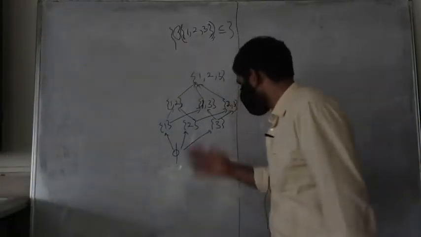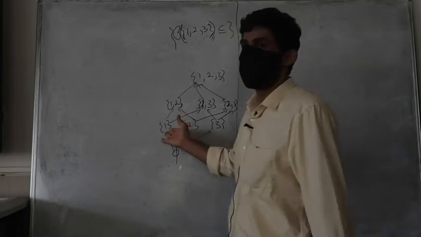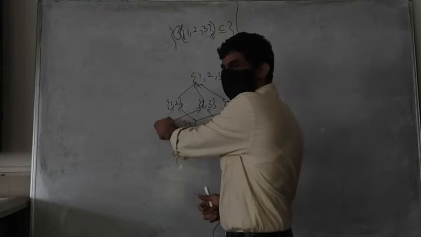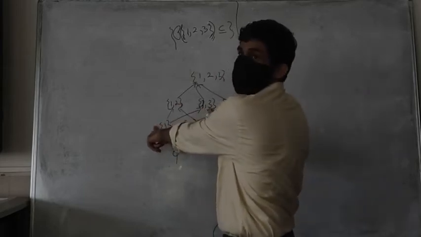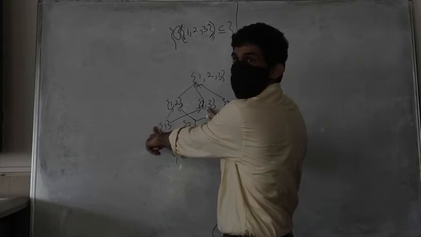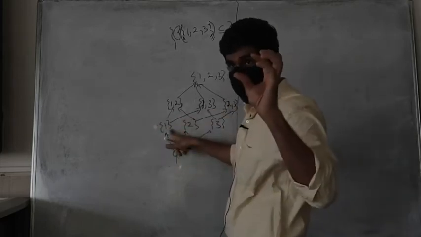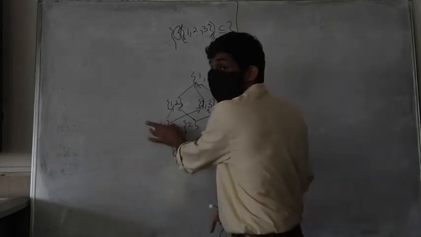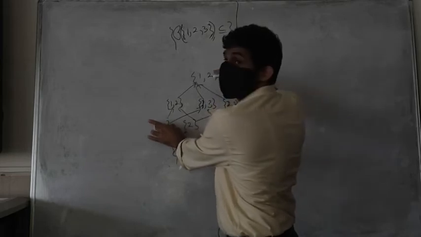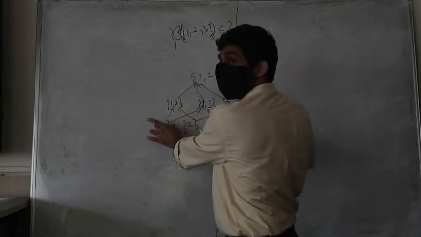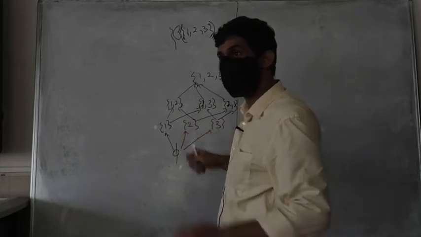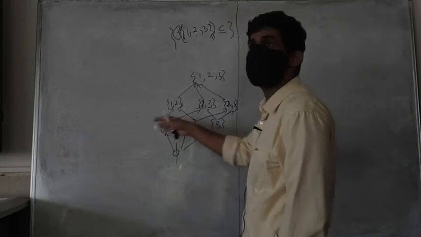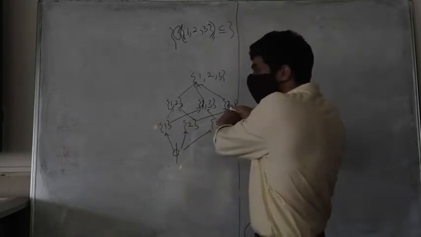Okay. So let's start with any other element. Let's say, for instance, you take {1}. If {1} is in an anti-chain, {1,2} and {1,3} cannot be in that same anti-chain. So if {1} is in an anti-chain, we have thrown away these two. So we are left with only these 3. Okay. So say, then if you put {2} inside, the singleton set {2}, then this cannot go, so this would have to go.